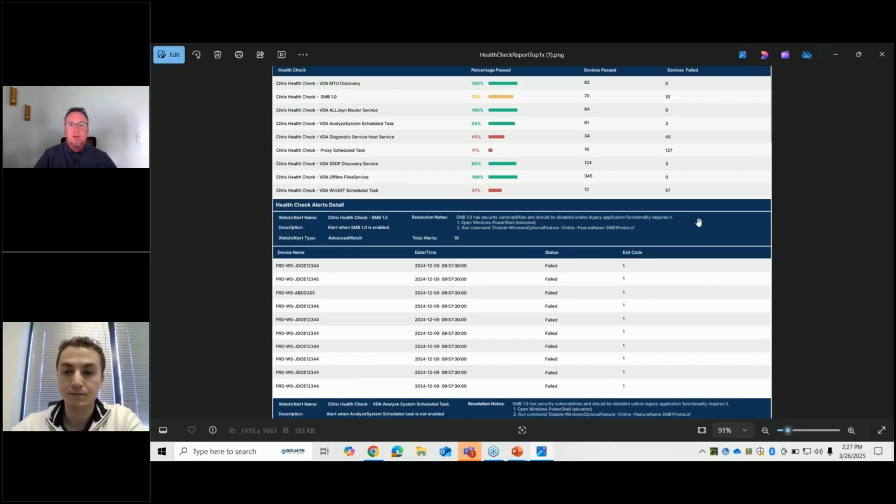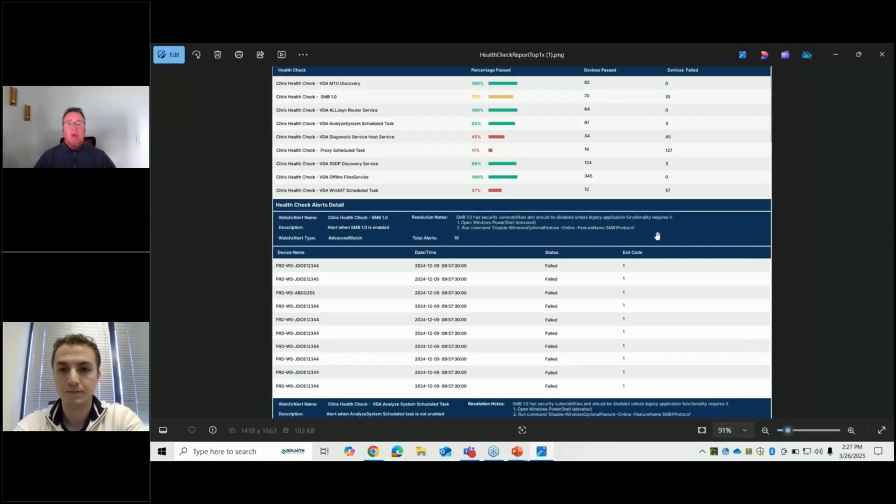Some of these, and it's those resolution notes that become a really huge value point, because again, when you're working with consultants, this becomes an additional charge. Resolving the issue is generally not necessarily part of the health check that is done. So providing organizations with the ability to go and remediate on their own with specific instructions on how to do that